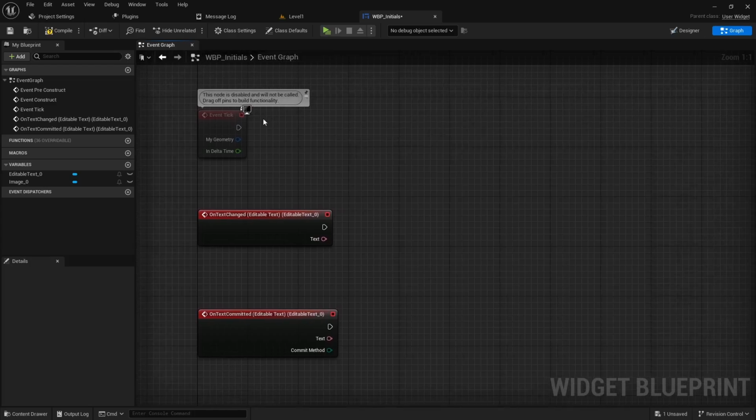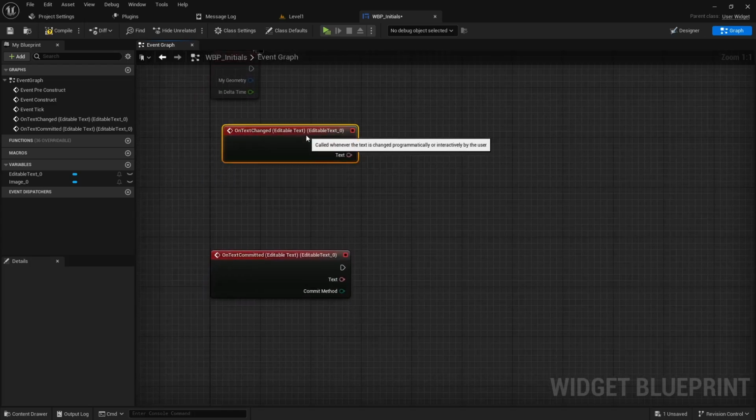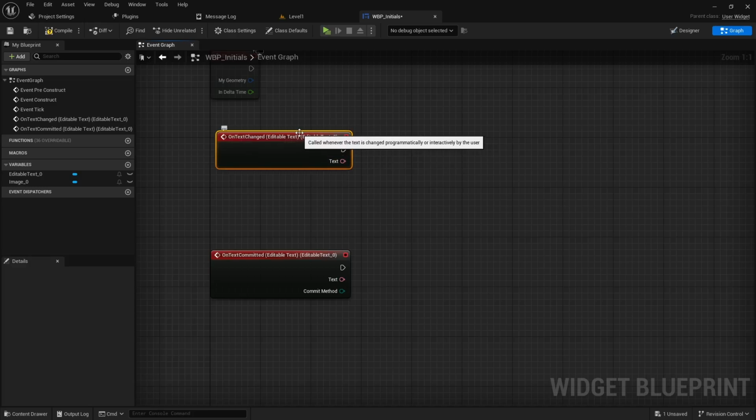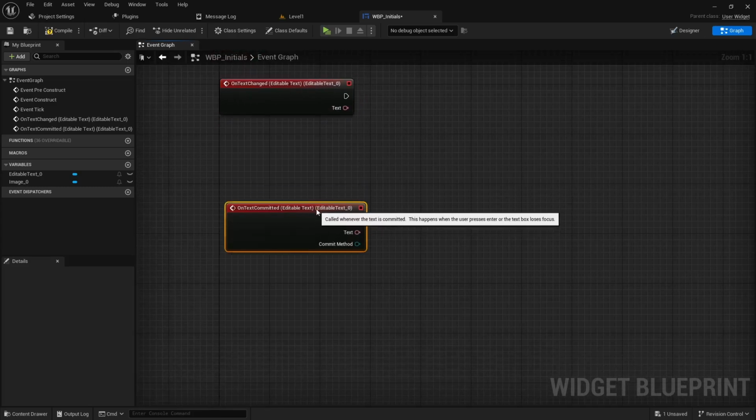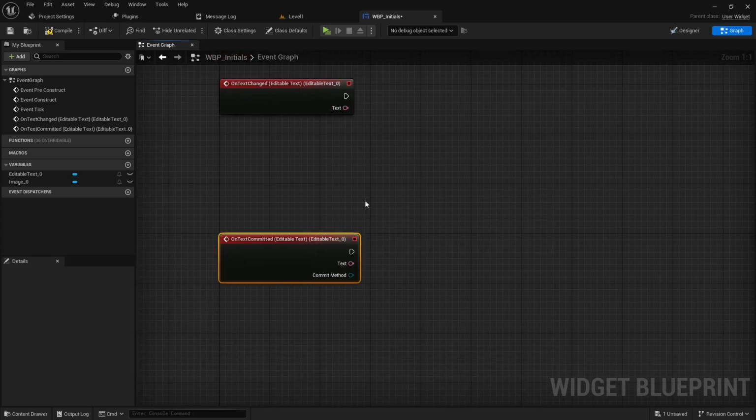The reason we want both is because we're going to be using a substring method, which is basically the player is going to be able to type in anything, but we really only want to capture like the first 3 characters, honestly, and then we want to get rid of the rest. So anytime the text is changed, we can run that substring function and just have it cut the string down. And then the on text committed, we need this because after the player's done entering the initials and they press enter, we want it to actually run some other function, basically call the other widgets or run some code,